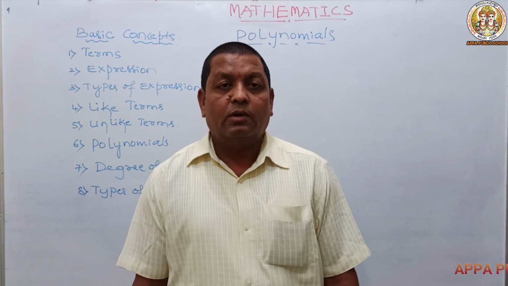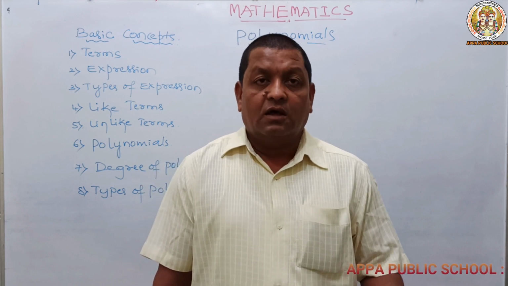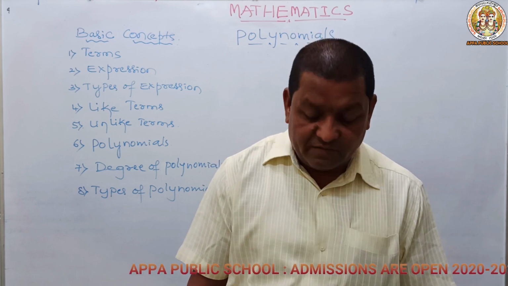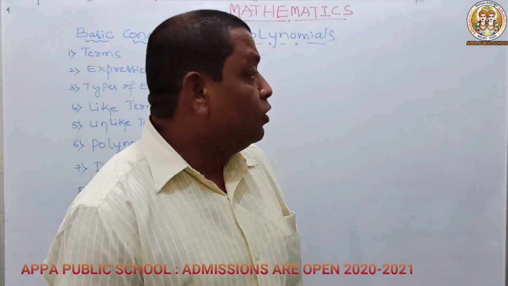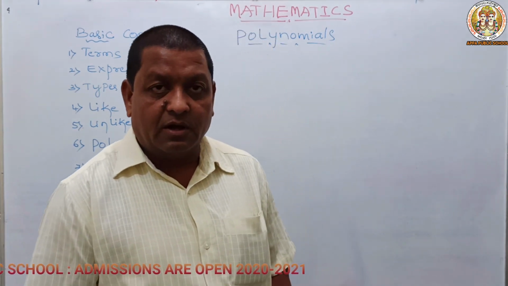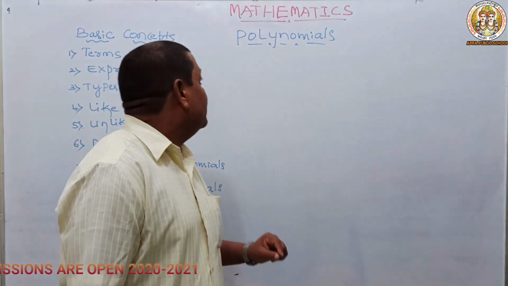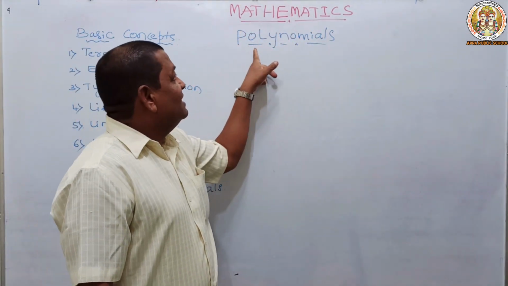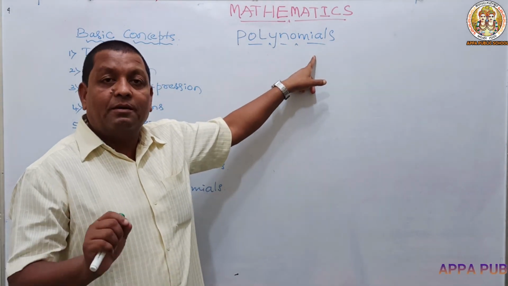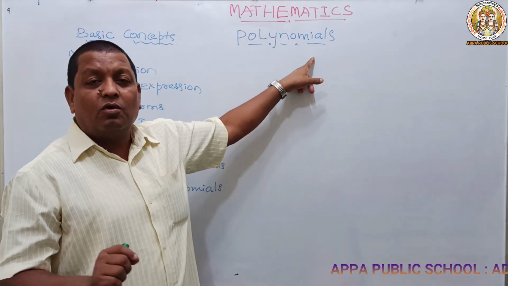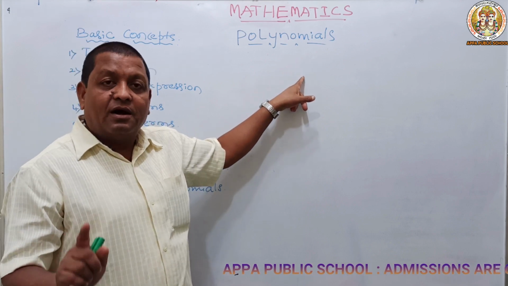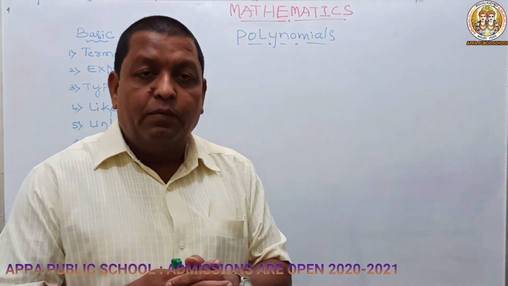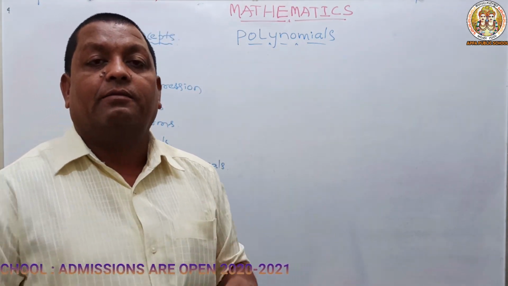Now we're going to do polynomials one more time from the beginning in these video classes. Okay students, what we learned in algebra, I will start from the basic concepts. Polynomials come in the algebra part. So what do you mean by algebra? Algebra is a part of mathematics. Here we are going to study the combination of both constants and variables.